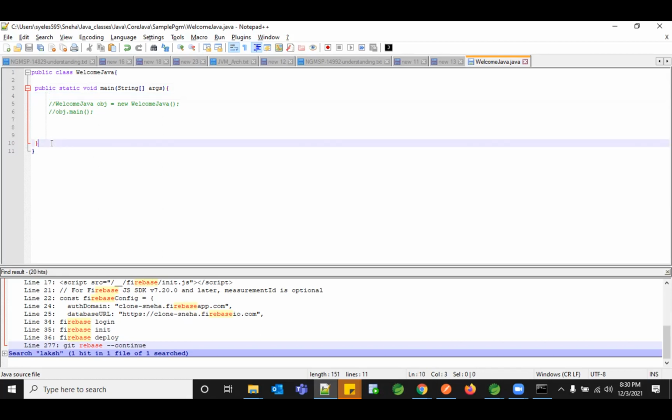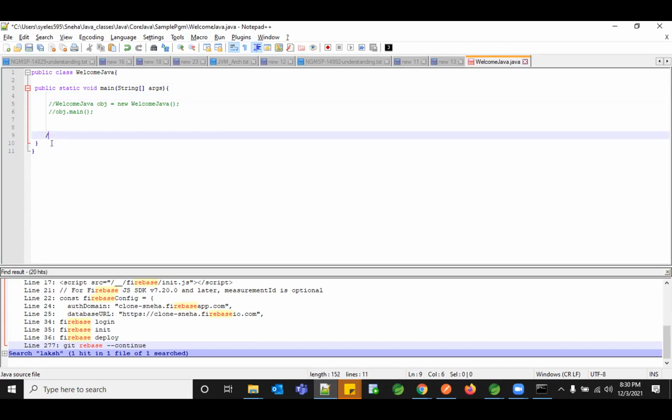So the method structure would look like this: your return type, your method name, and it starts with an open brace, and it can accept parameters. There is no condition that you can give only one, two or three parameters. You can have any number of parameters in your method.